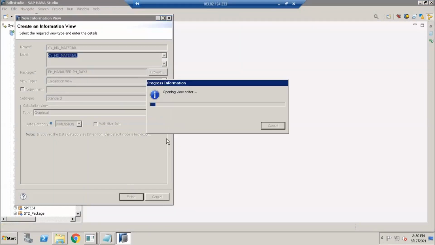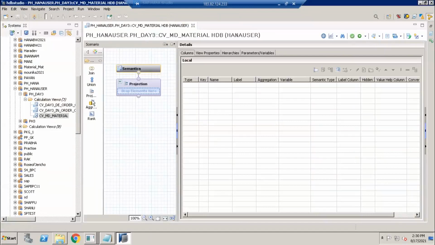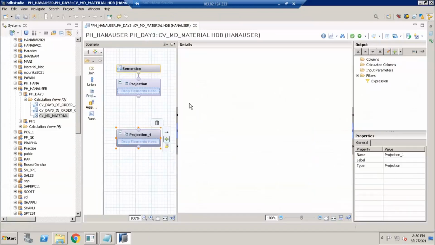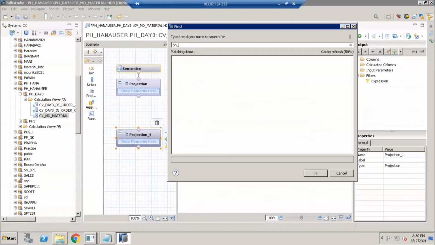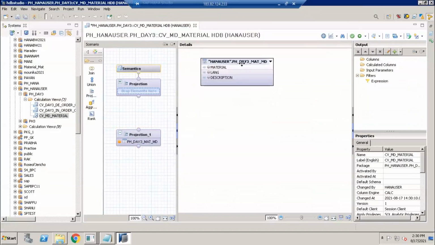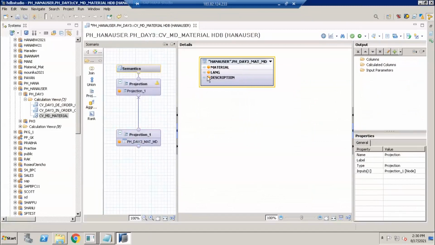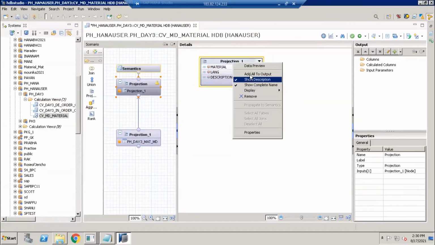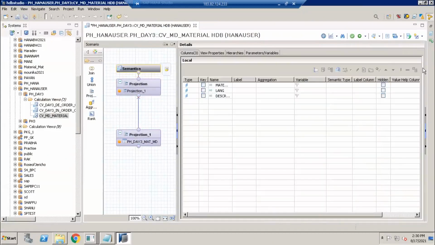Click on finish. Everything else is the same. Add projection here, go here, PH_day3_material_master_data. Click on OK, add all to output, add this here, projection, add all to output, go to semantics.